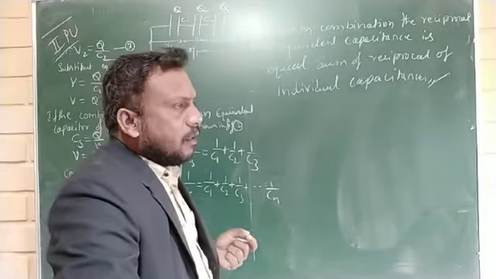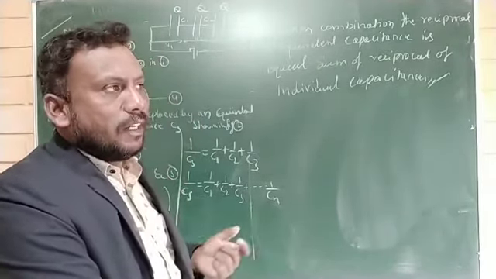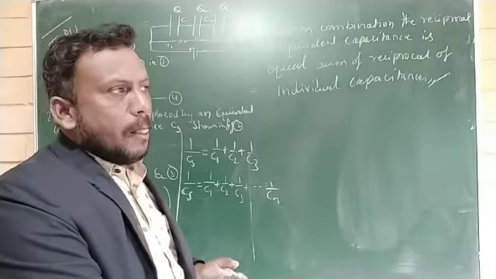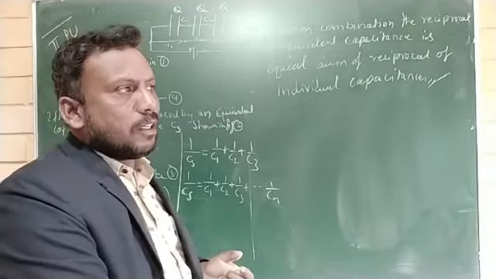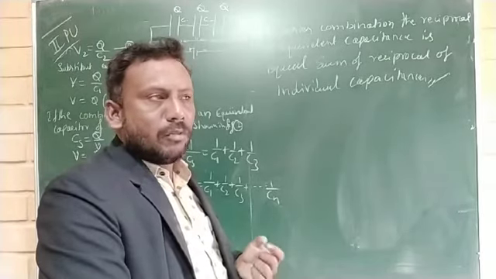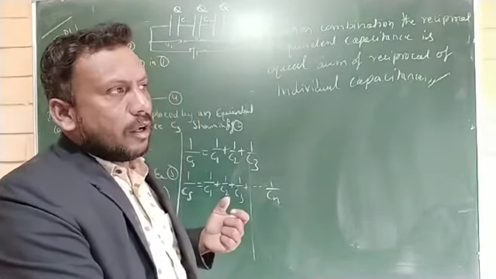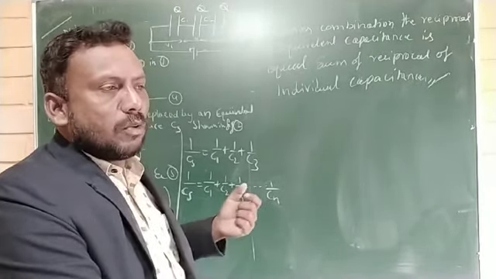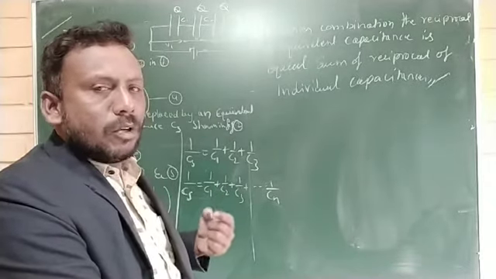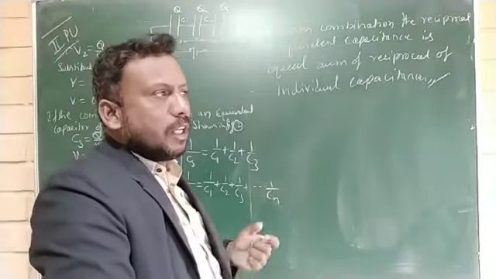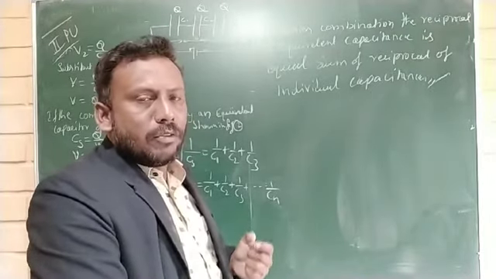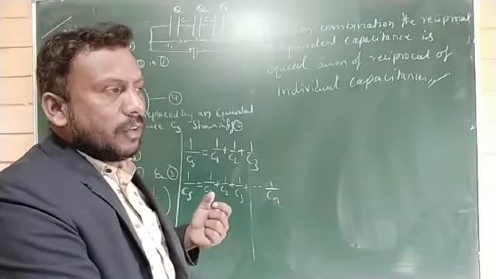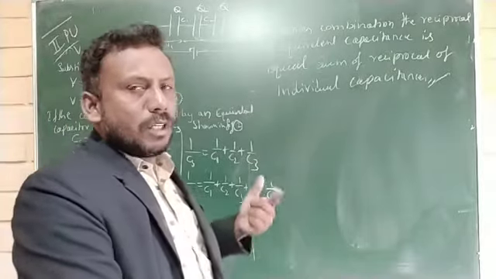And in series combination, potential divides. We know that potential divides, that is V is equal to V1 plus V2. According to the definition of the capacitance of a capacitor, we know that C is equal to Q divided by V. We want V, so V is equal to Q divided by C. V1 is the potential difference across C1. Therefore, V1 is equal to Q divided by C1. Similarly, V2 is equal to Q divided by C2. Substituting into equation number 1, we get V is equal to Q divided by C1 plus Q divided by C2. Q is common, take it outside. Therefore, V is equal to Q into 1 divided by C1 plus 1 divided by C2.